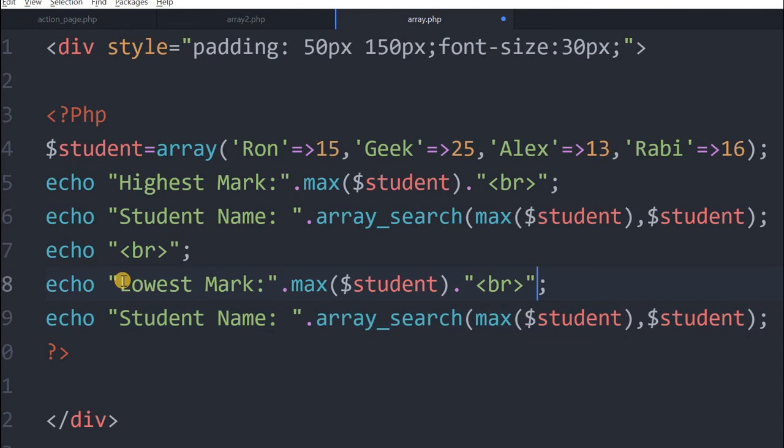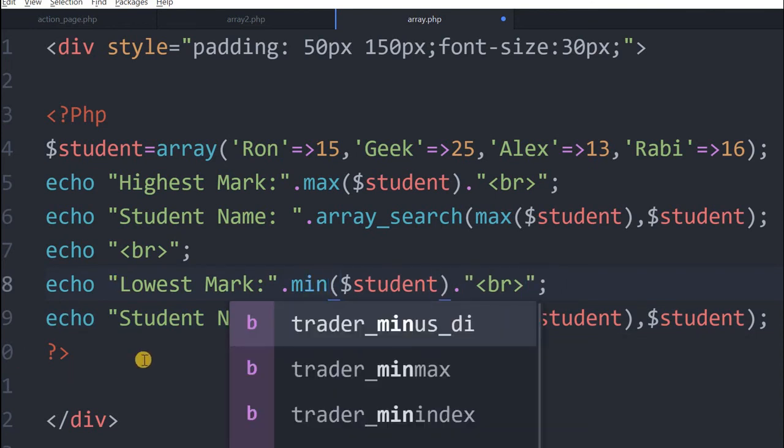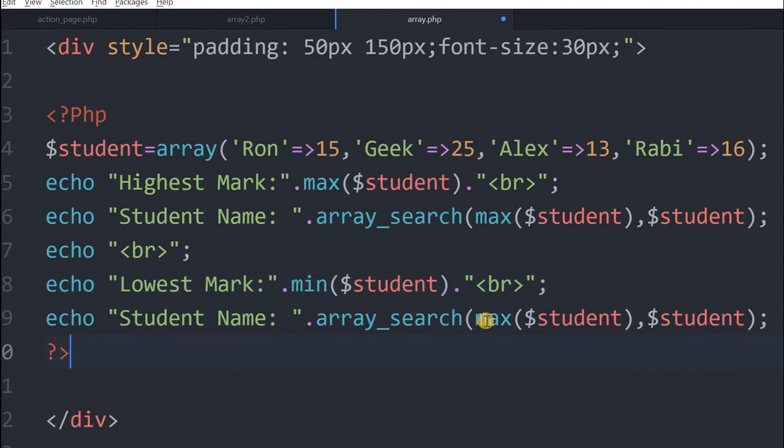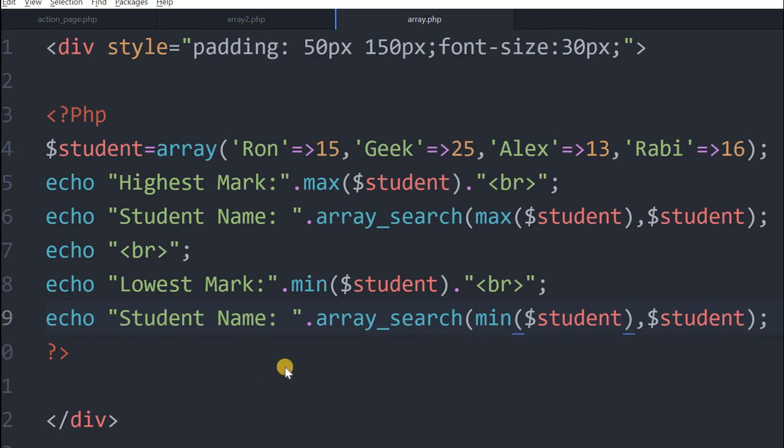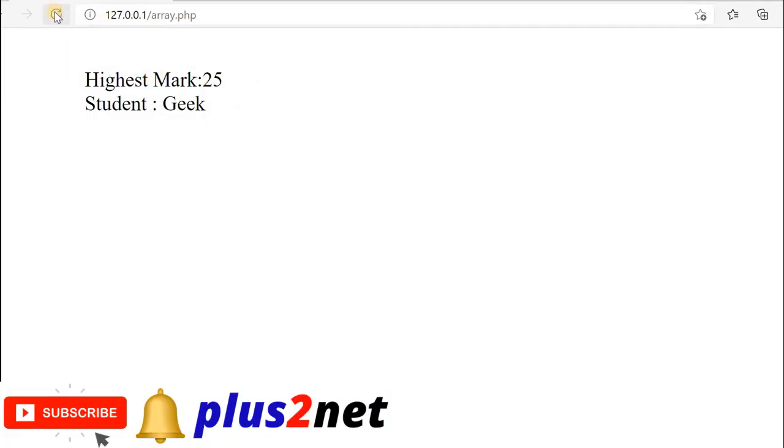Here instead of max I will go for min, so it will produce the minimum mark, and then for the student who got the minimum I will say min here. Fine, that's all. Let us save this, go here, refresh this. Lowest mark is 13 and student name is Alex.